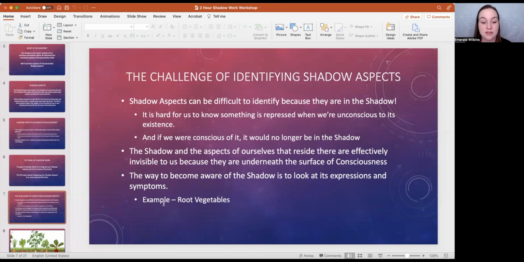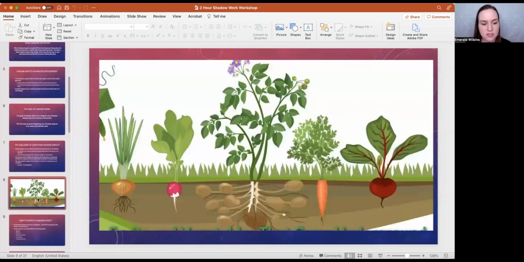And so I like to think about it a lot like a root vegetable. So I'm going to show you this picture. We have all these different root vegetables here. Let's look at the carrot. Let's say that the shadow is like the carrot itself, the orange part, the actual root. And maybe the deepest root is even this tiny strand that hangs down below the carrot. But what's above the surface is some leaves poking up. You don't necessarily have to see the carrot underground to know that the carrot is there, because the leaves indicate it's there. And so the leaves in this metaphor are the symptoms, the conscious symptoms that we have